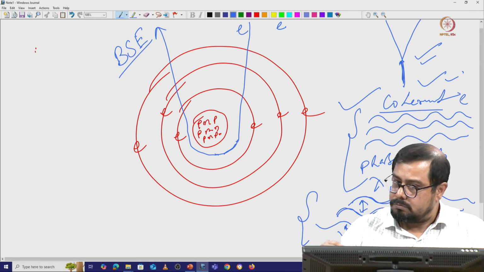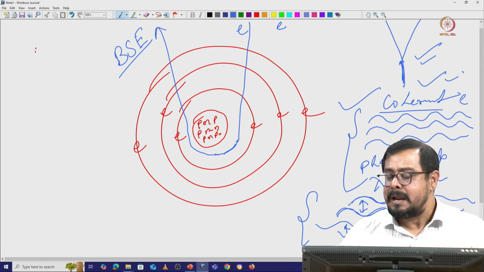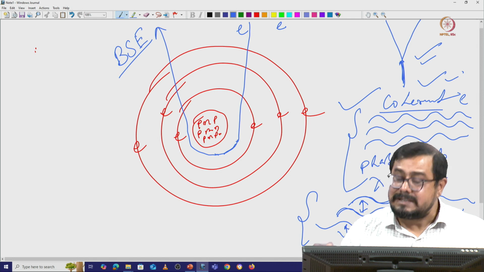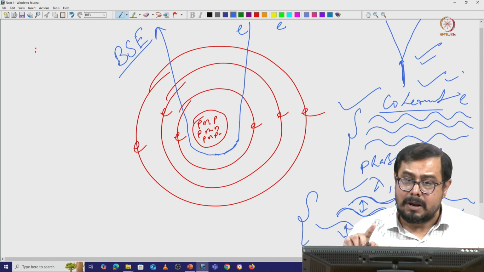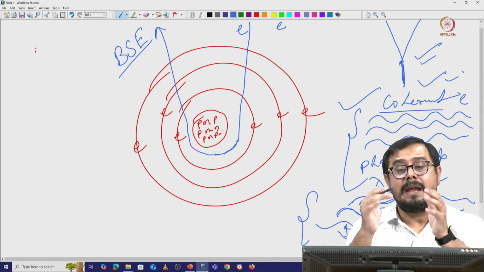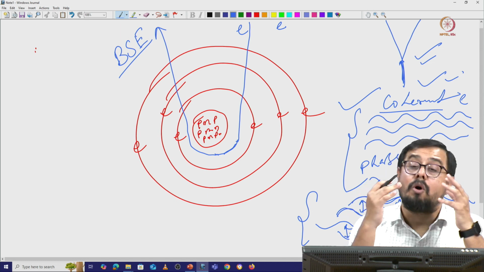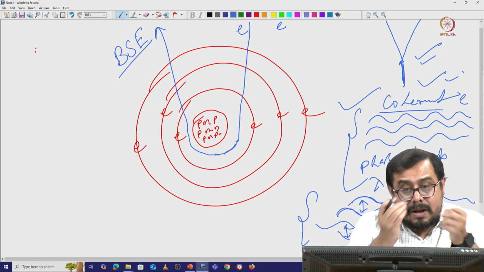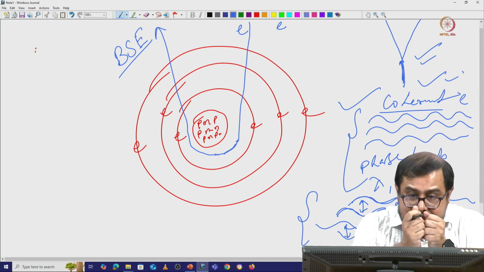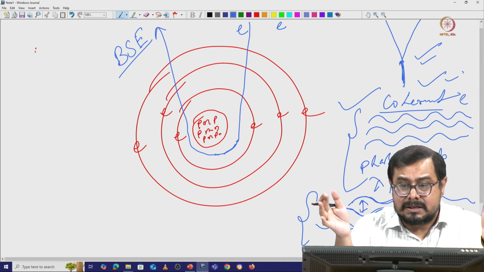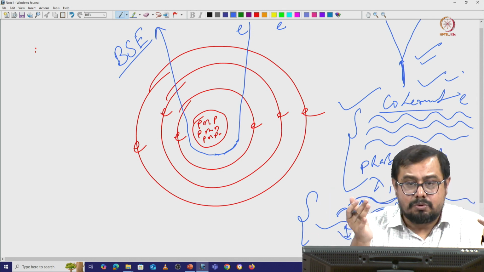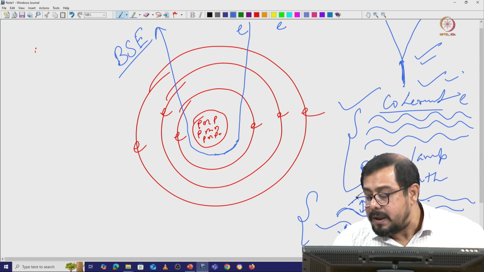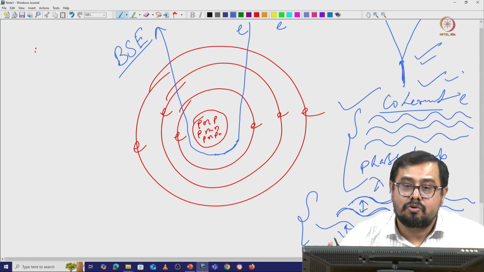So, all the electron beam will be coherent, but when it will interact, there is a possibility some electron beam will be coherent and some may interact with the electron or nucleus of the atom and then lose their energy. So, whenever electron will lose their energy, their wavelength will change, their path direction will change, their phase will change, and electron beam will be non-coherent electron beam.